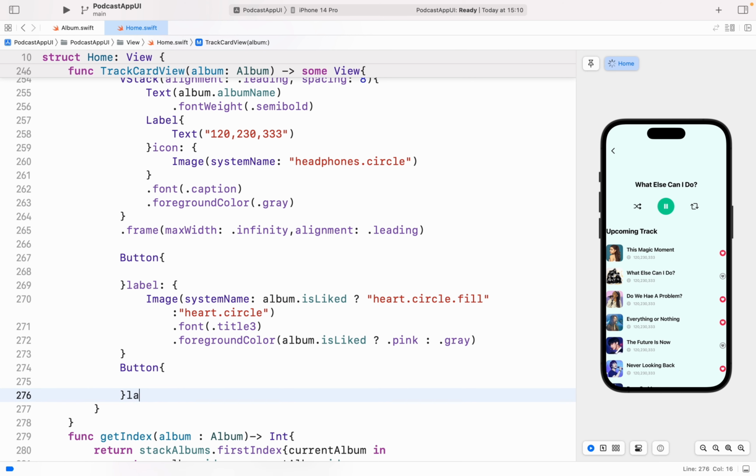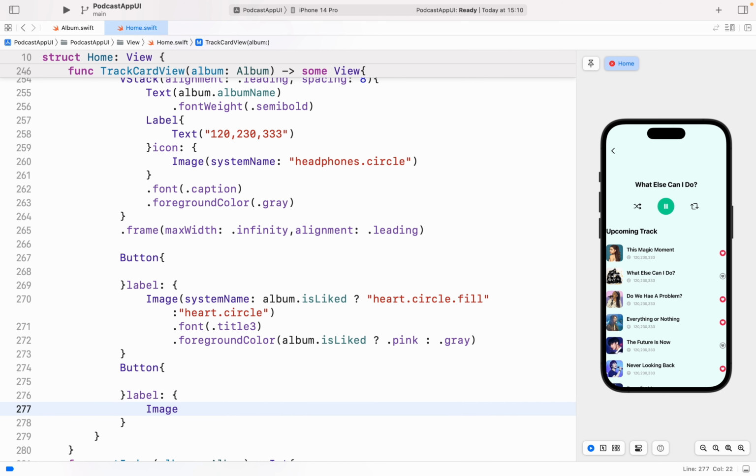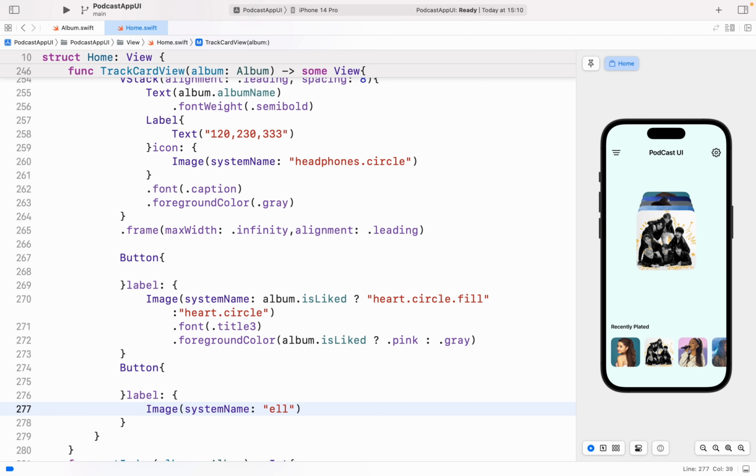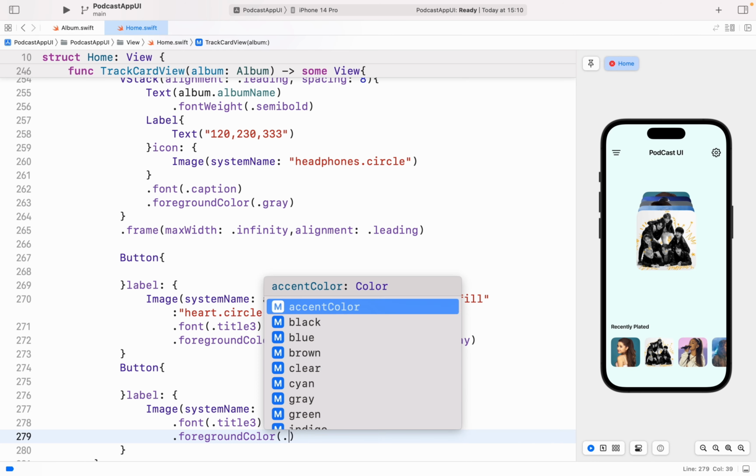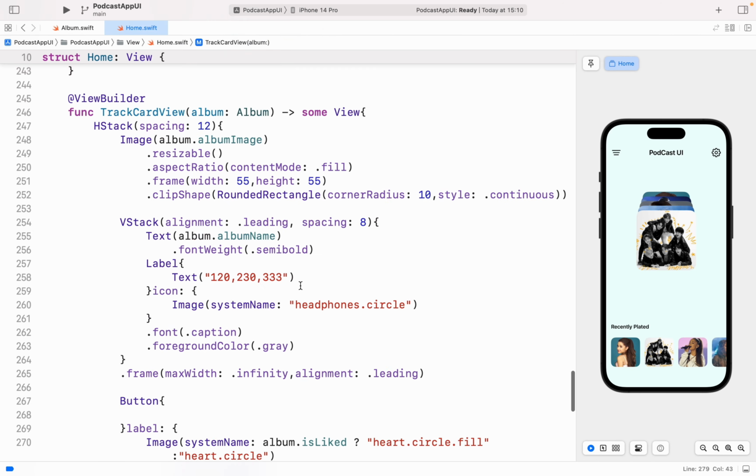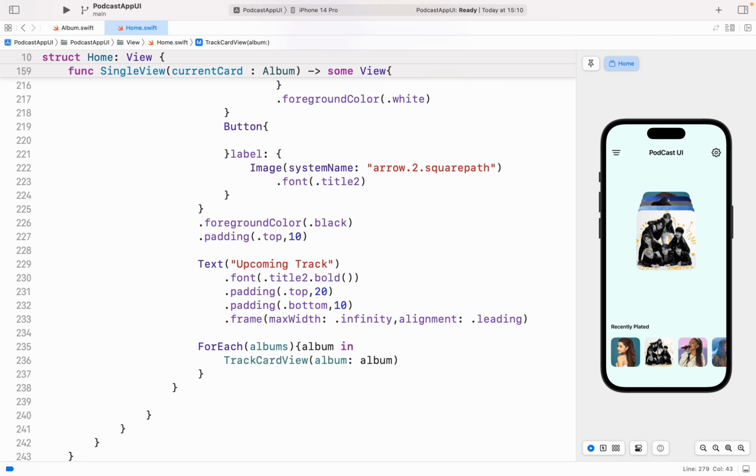After that, the last one will be that button here. So nothing again, and label would be image, system name would be ellipsis, and the font would be title three, and the foreground color would be dot gray. Yep, nice here. So here, after the for each,